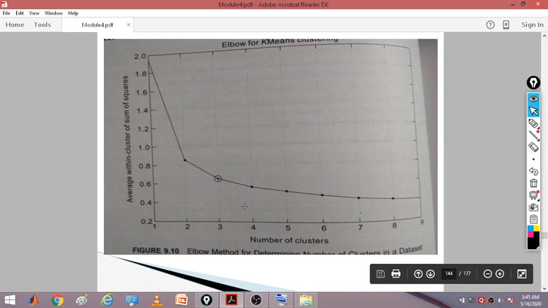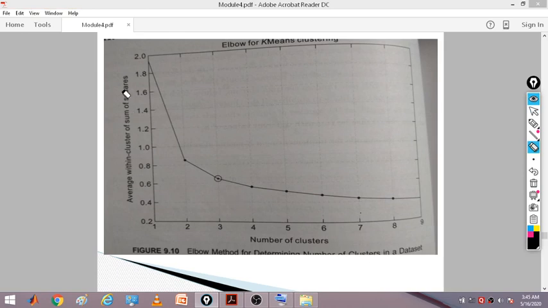So this is the number of clusters we have, on the horizontal axis, and this is the variance. The variance, as you all know from the formula, we take the square of that. Now when the number of clusters is 1 and 2, the variance shows like that. After that, when you start increasing the number of clusters, suddenly there is a drop down. From here, if you keep increasing, there is no change showing.